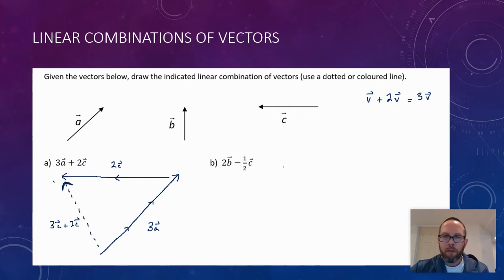All right, what does 2b minus a half c look like? So 2b will be going straight up, just twice as much. You don't have to draw these in-between arrows. I'm drawing that just for your sake initially. So your drawings could not have these little in-between arrows, and that's totally fine. So there's 2b. And then c goes to the left. So negative a half c is going to go to the right, and it'll be half as long as the original c. So something like that. That's negative 1/2 c. And so our resultant vector,